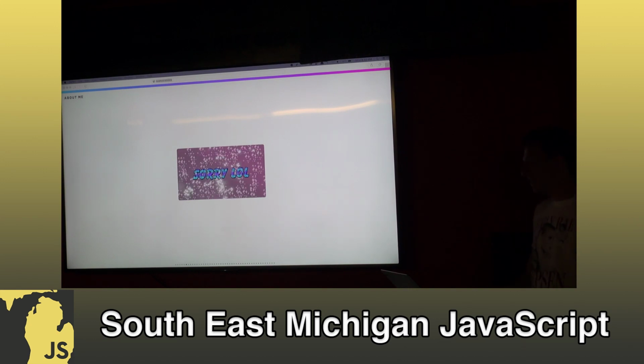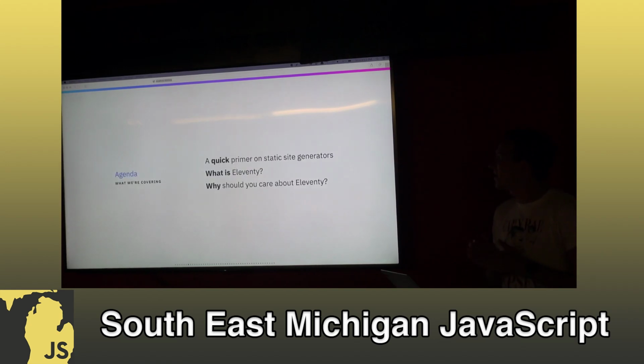But enough with that kind of stuff. Let's go through the quick agenda. I'm going to start out by giving a quick primer on static site generators. Then I'm going to talk a little bit more about what Eleventy actually is and the problems that it solves. And then I'm going to try to convince you that you should care about Eleventy, or at least